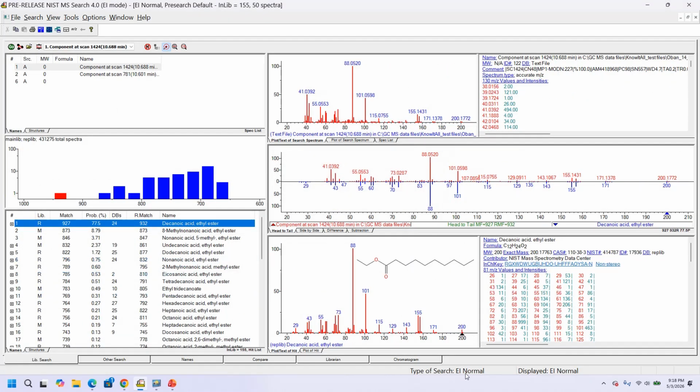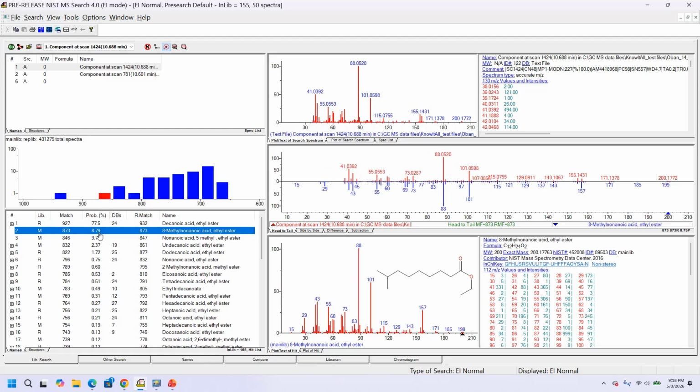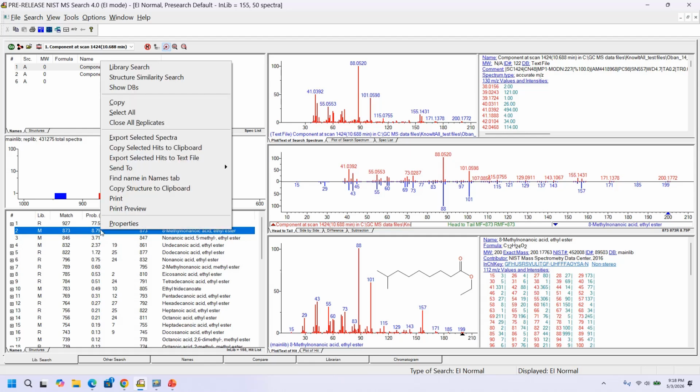You can see at the bottom it did an EI normal for both the display and for the type of search. At the top you can see it found 50 spectra, and it thinks decanoic acid ethyl ester is the best hit. If we go down and select the second best hit, let's say we wanted to see how that might fragment, we'll right click on it and say